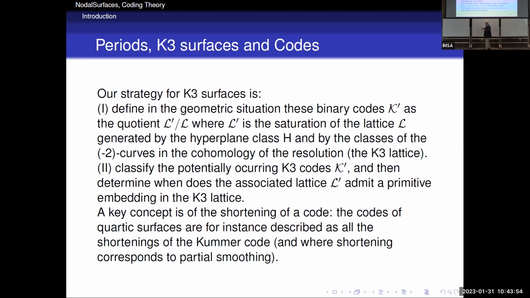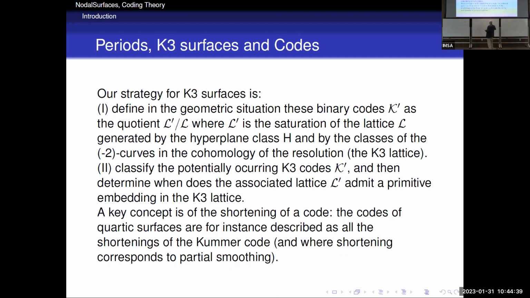Now, if you go down, the relation is geometrical. Geometrically means partial smoothing. So here I have a quartic with 16 nodes, and then I decide I smooth one node, and I get 15 nodes. And there's only one component. Then here you smooth 2 nodes and so on. So the level is the number of nodes. And however, there is a bijection